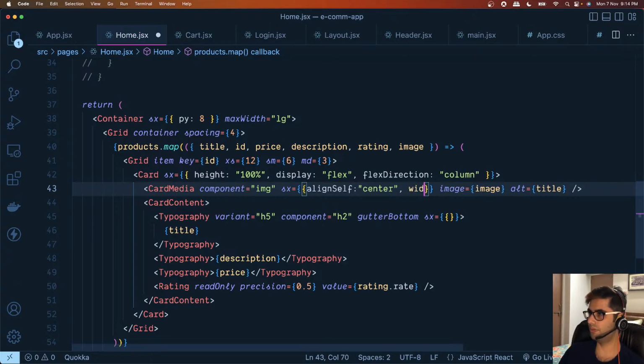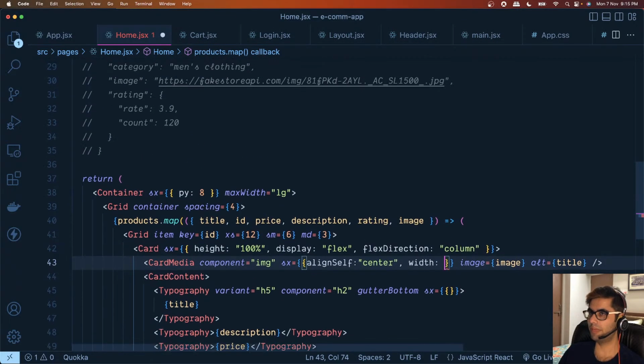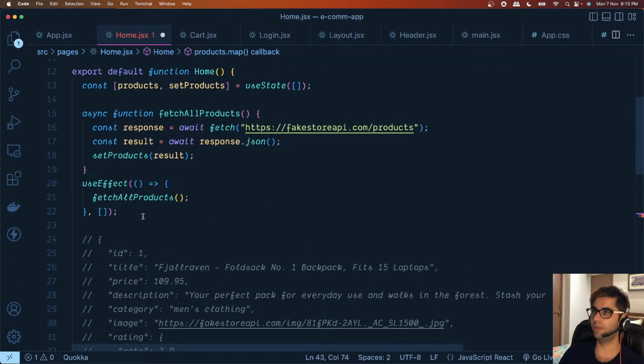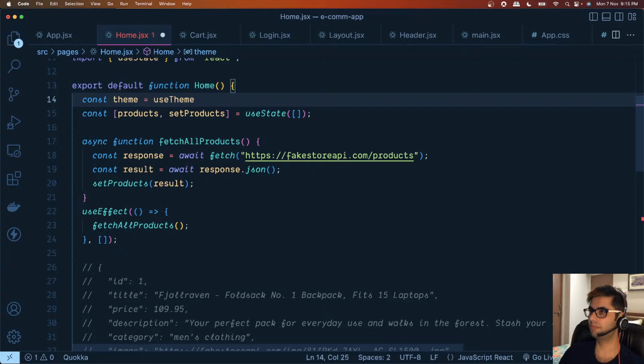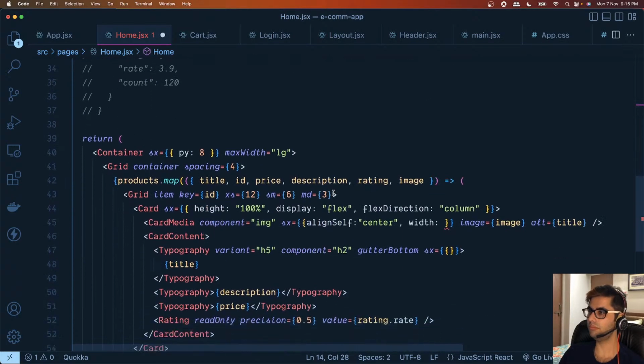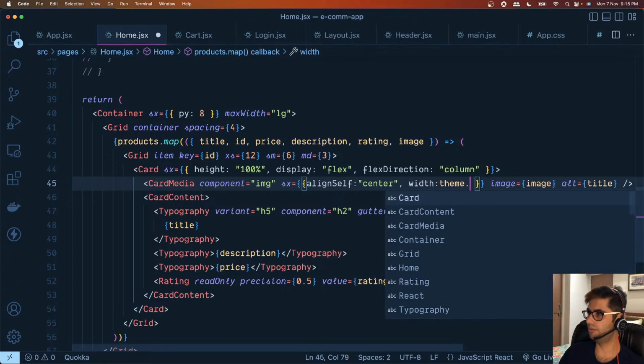Then afterwards, we want to specify that the width for this is, we'll make use of the theme for this. So whenever we want to make use of the theme, we will say const theme equals use theme, right? And we want to say theme dot spacing,